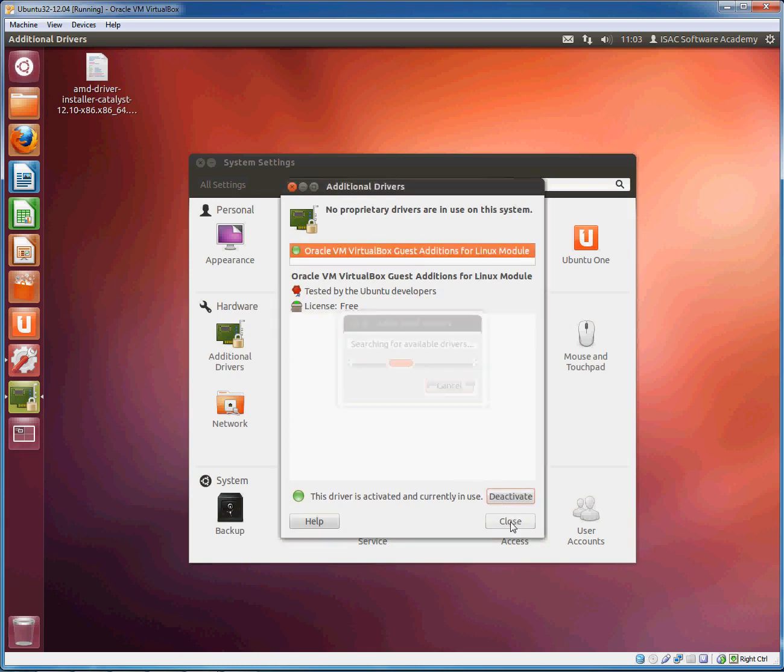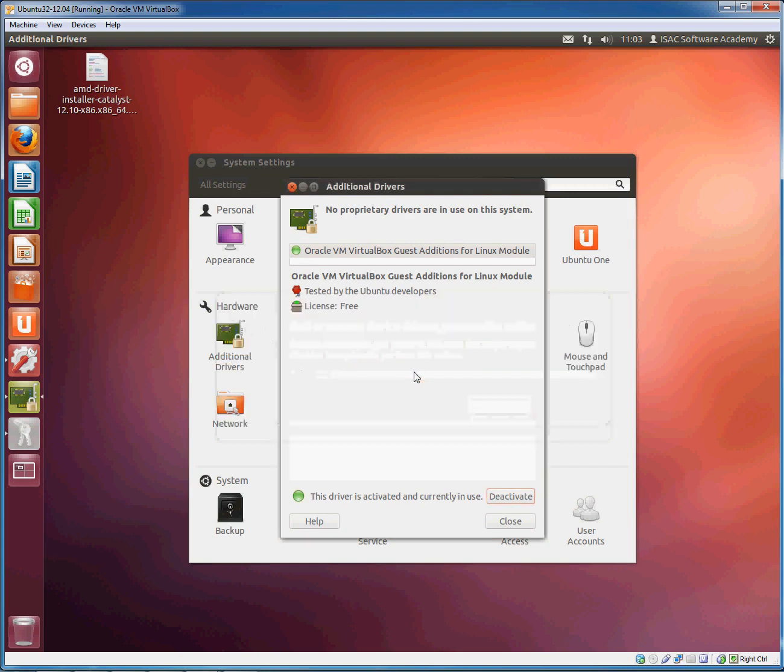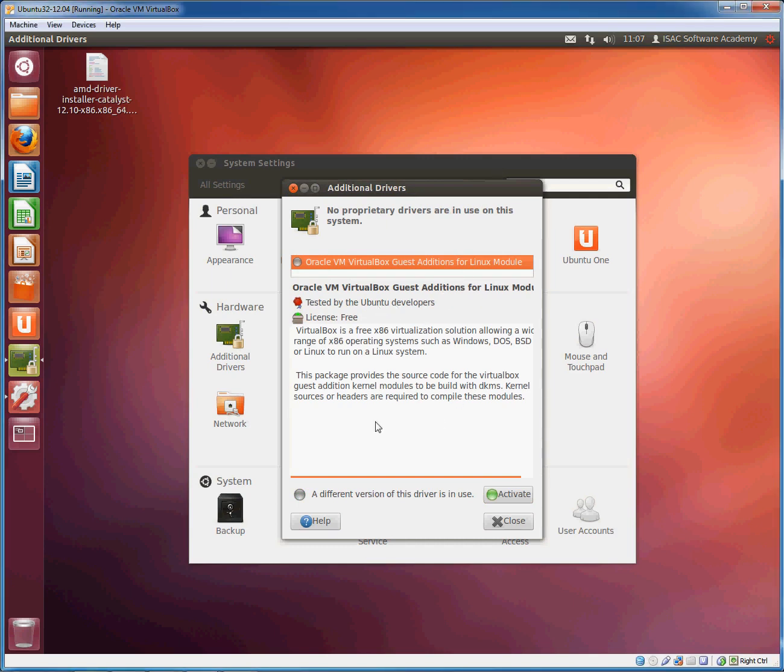Apparently it doesn't want to actually deactivate properly. Try that again. And okay, so you can now see that it has been deactivated and it now states that a different version of this driver is in use. Now in this instance it's actually referring to the Linux version of this driver rather than the Oracle version of this driver. Gets a little confusing there, but the Ubuntu developers have developed for the VirtualBox environment,